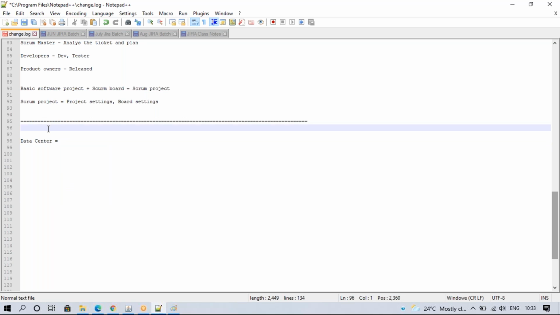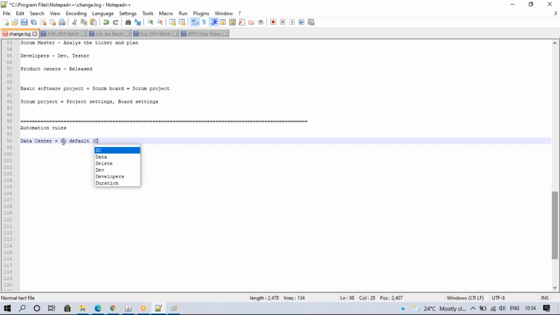So this automation rule, I'll tell you. Automation rules in Data Center are by default only for service desk. So if you go with the project, it will. But if you want it for software and business projects, you need the Automation for Jira plugin.